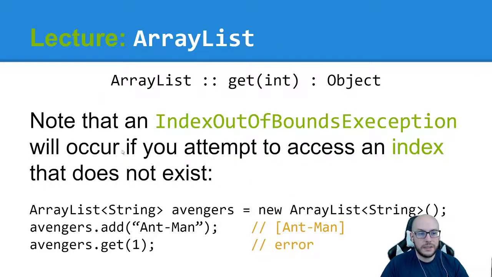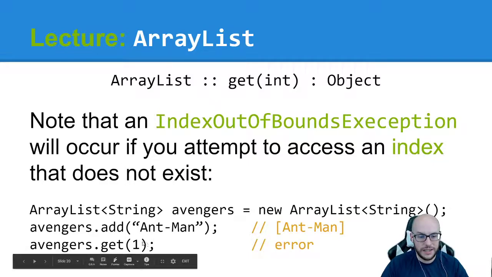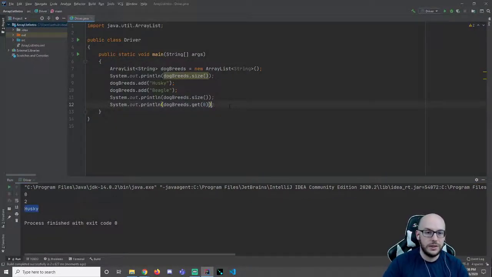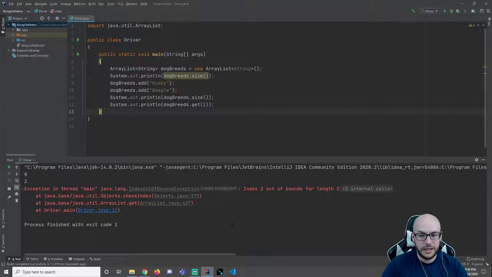Note that an index out of bounds exception will occur if you attempt to access an index that does not exist. In my example, we add Ant-Man to Avengers and then try to get index 1. Well, simply put, that doesn't exist. If I try this here, if I try to get maybe the element at index 2, you'll see that we get an index out of bounds. A couple of notes here. It's actually telling me ArrayList.get. That matters whenever you're debugging, trying to figure out an issue. Let's say that you're using arrays and ArrayList in your program. This could kind of maybe help you dissect it. Also,